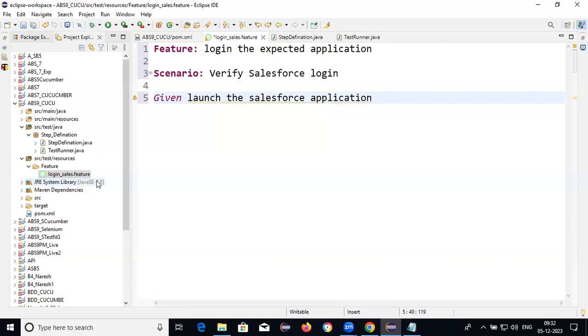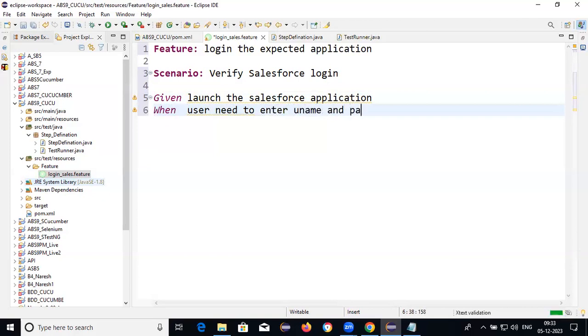Then When, user needs to enter username and password, then